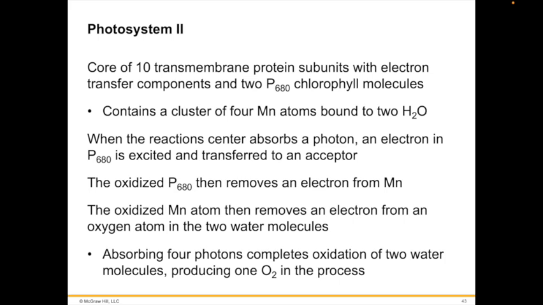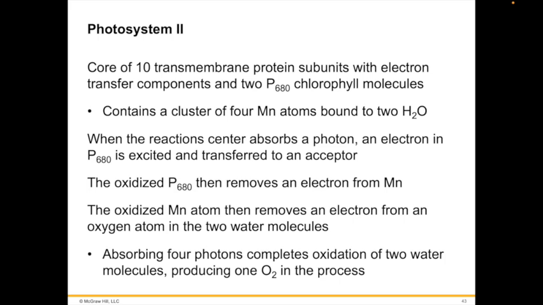The oxidized P680 then removes an electron from a manganese atom. The oxidized manganese atoms, with the aid of the reaction center proteins, remove electrons from oxygen atoms in water molecules. This process requires the reaction center to absorb 4 photons to complete the oxidation of 2 water molecules,